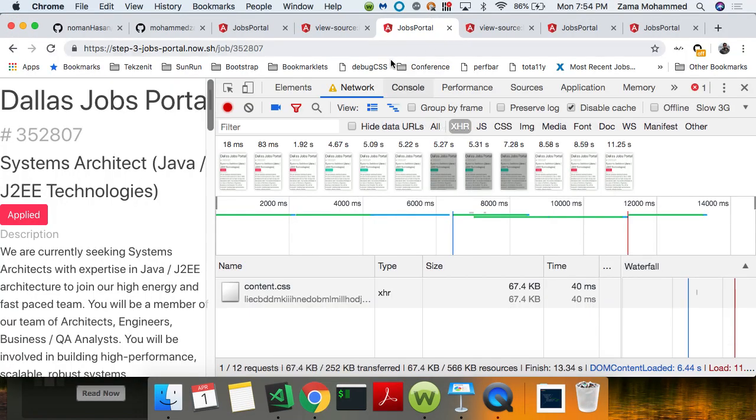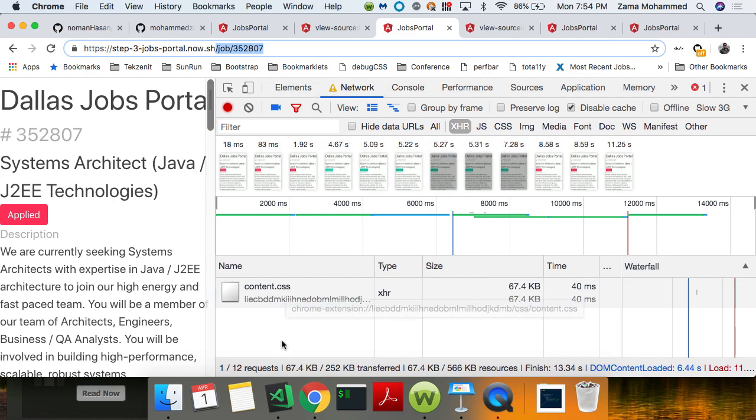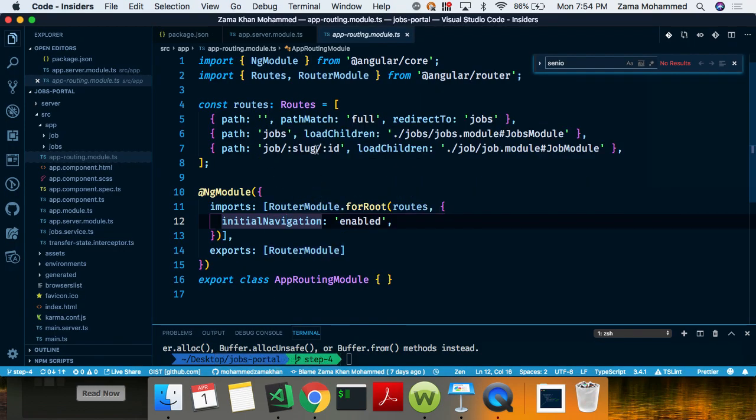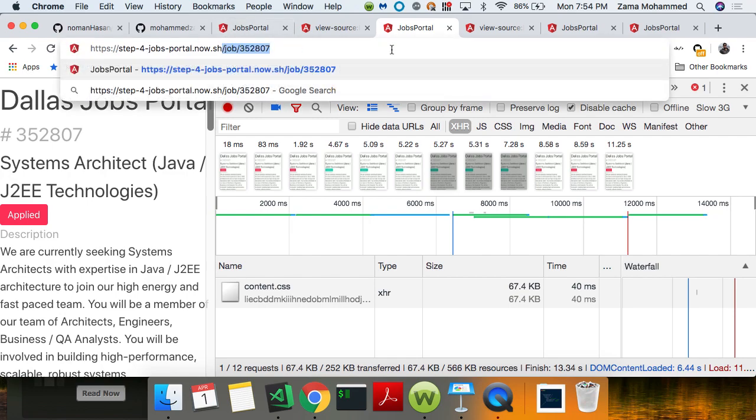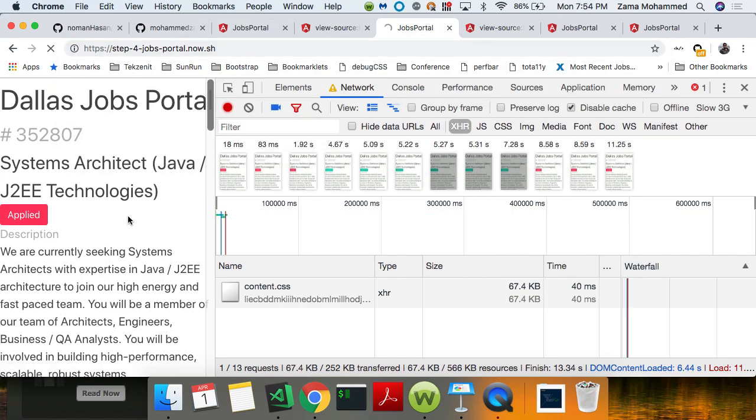So if I go to my step 3, you can see that the particular job is just job/ID. In this step, what I have done is I have included a slug. A slug is basically a dashed title of that position. So if I go to my step 4 and go to my application,